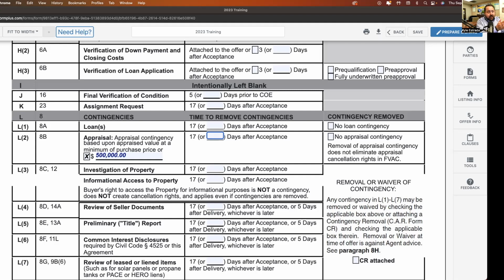That's what I'm stating. In paragraph 3L2, if I check the box, put a minimum of 500, and it appraises for 560, I have to come up with 560 out of my pocket because I cannot use my appraisal contingency to cancel. If it appraises at 520, I have to pay you the 20,000 at least. I have to at least pay the difference between. I am not protected. I will lose my deposit if I cancel because of the appraisal contingency, because my appraisal contingency was subject to an appraisal of 500,000.